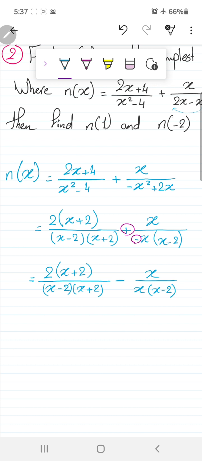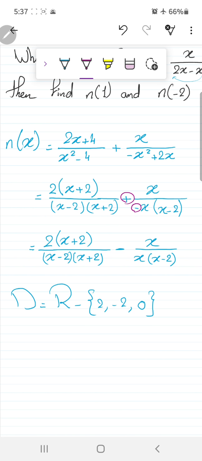Okay? Get the domain. Equals R minus the set of zeros of the denominator. Here 2, negative 2, x alone it will be 0. Here 2, and we wrote 2 before. So close the braces. Okay? Then reduce. Cancel the common between numerator and denominator. Here x plus 2 with x plus 2. Here we have x with x. So n of x here will be